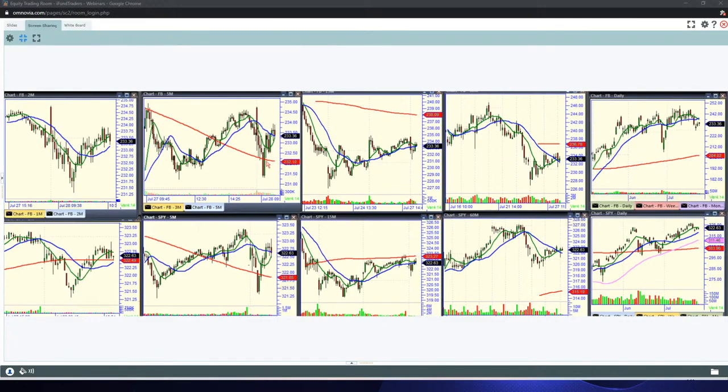Facebook just mirroring the market here. You see the patterns are almost identical. And that's a way to tell if your stock is on its own or if it's in tune with the market. If you overlap Facebook and the SPY, that's almost an identical pattern. So it's just trading with the market. There's nothing special about it today.